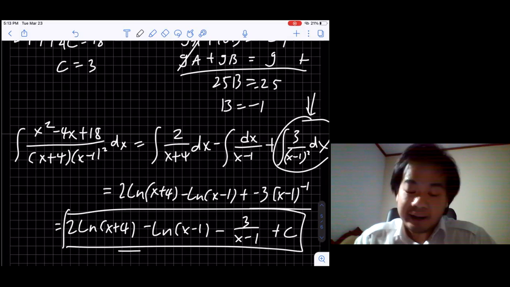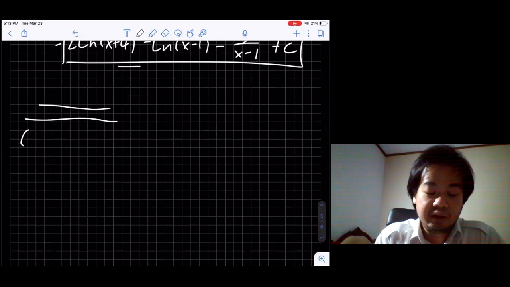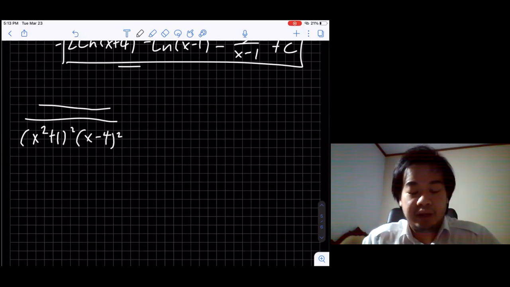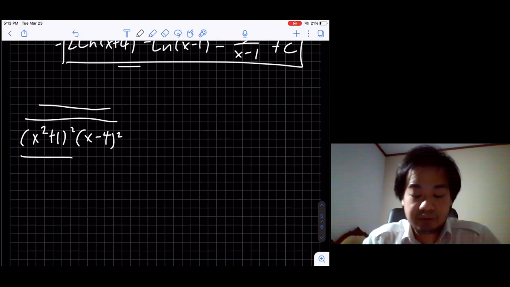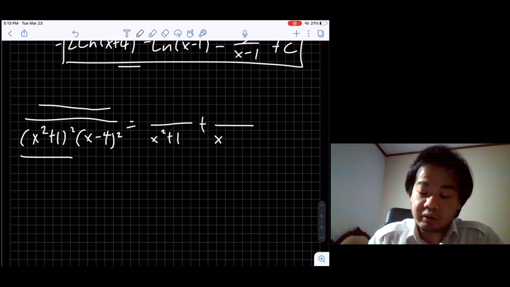Now, like I said, what if there is a combination? What if you have something here and the denominator factor is like this, (x minus 4) squared? So it's a combination. There are unfactorable factors and repeated factors. So it's treated the same. It's going to be split into 4: x squared plus 1, (x squared plus 1) squared, and then x minus 4, (x minus 4) squared.